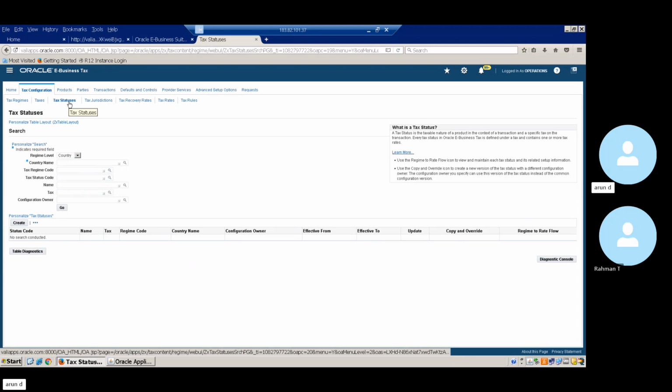Because for one scenario which we have said, the notification, if you wanted to have that information captured, you can capture that as tax status. And you can associate it with the new taxes that we are going to use for the transaction. Okay, so that is the option of tax statuses. So I'll just say create,